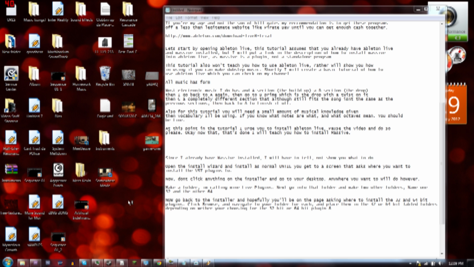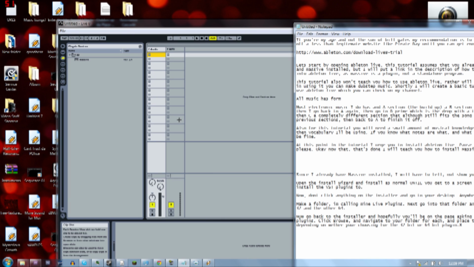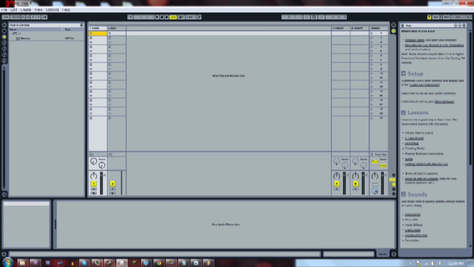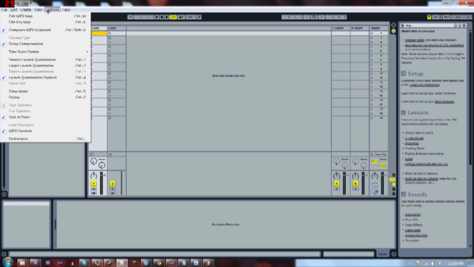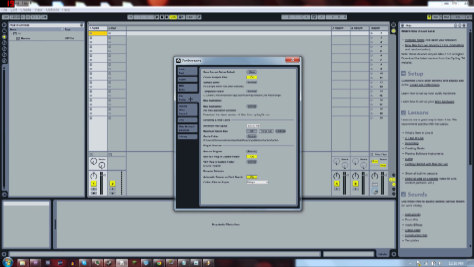Now, open up Ableton Live, which hopefully you've had installed. Now, there's going to be something important you have to do here for the installation. Hopefully, Massive is installed by now. Do not do this part until Massive is installed. Now, go to Options, Preferences, in Live, then go to File, Folder,